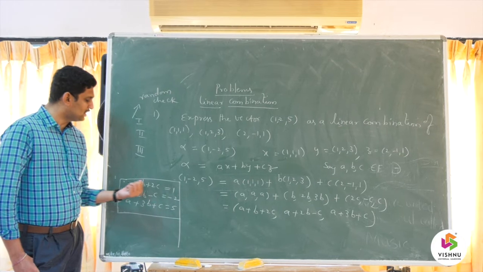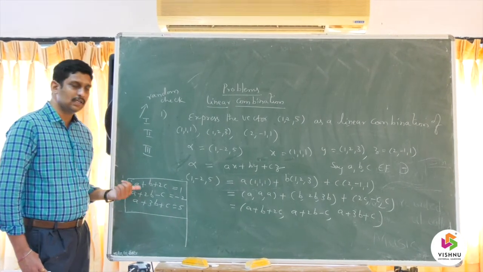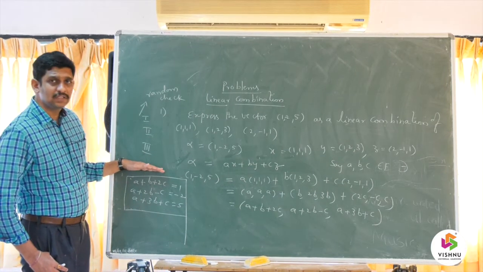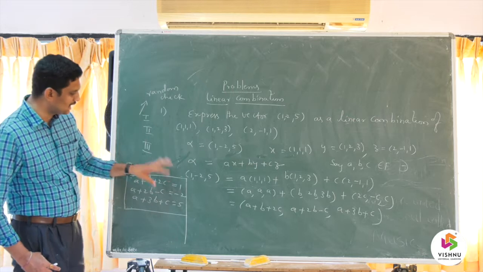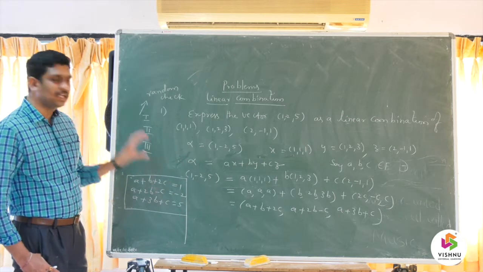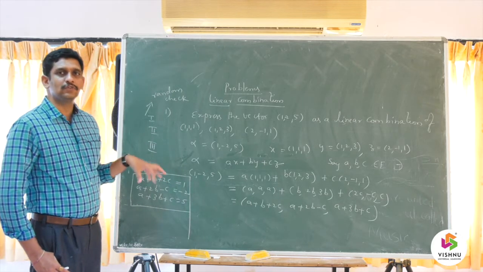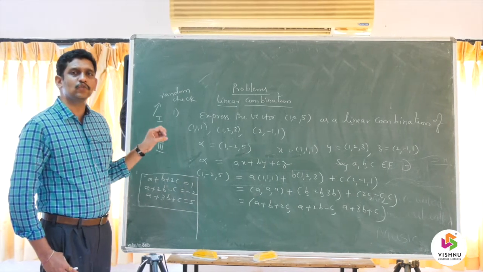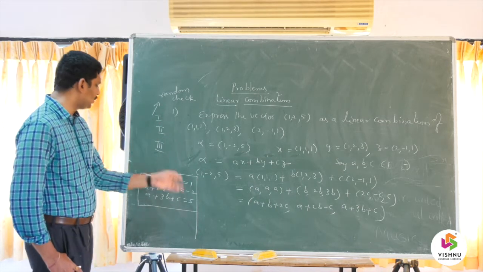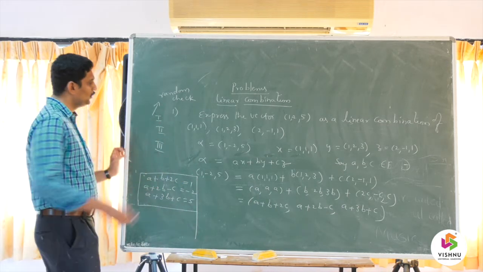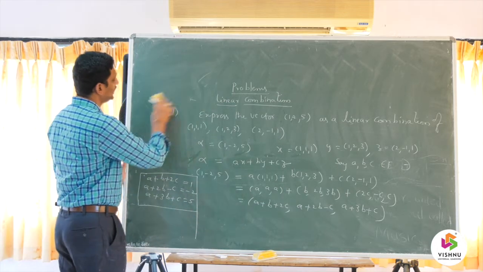Whatever numbers I substitute in place of A, B, C, will it satisfy or not? If the first equation is satisfied, will the same values satisfy the second and third or not? So it is just like, on observing the equations, you are predicting the values of A, B, C. So this is the suitable value of A, this is the suitable value of B, and this is the suitable value of C, depending upon the coefficients we take. Of course, we don't make use of this method. So we take the remaining two.